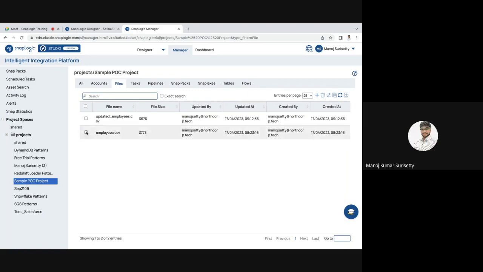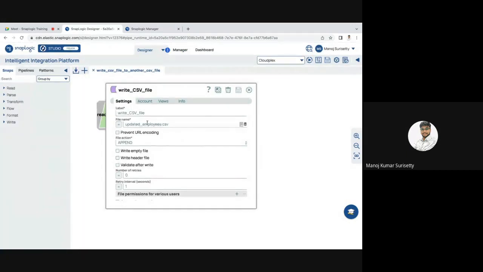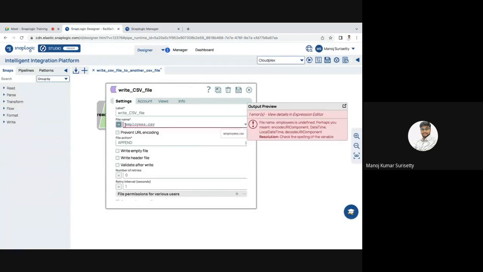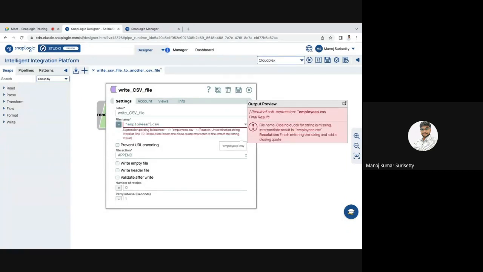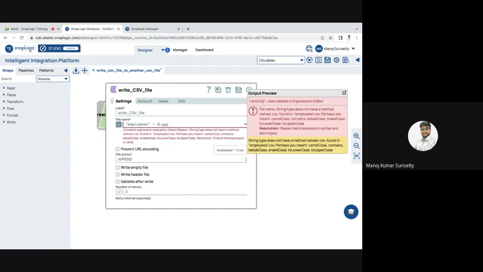See, you have the source. If you want to have the same file name, you can have a date appended to this. So the date will be changed every time, correct? So let's say in this case, I won't be renaming like this. For your instance, just for example, I'll just